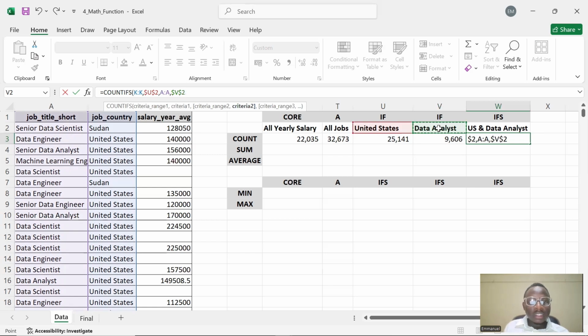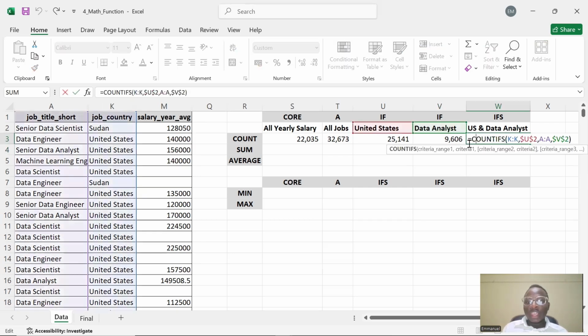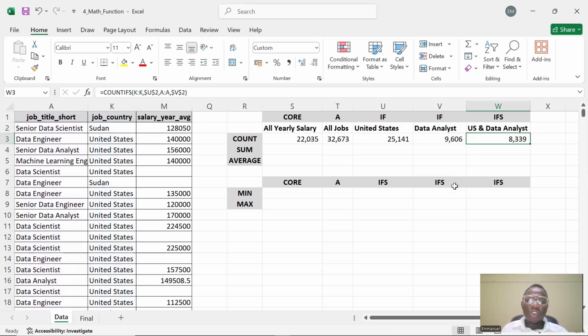Perfect. Then it goes on and on. It allows you to give more and more criteria. So I'm going to end at that, and there you go. I get 8,339 jobs. So I hope right now you have a feel of how easy it is to deal with functions